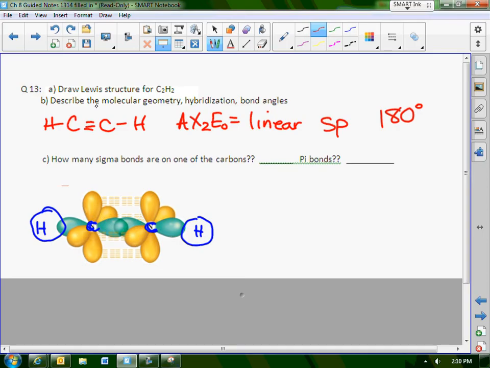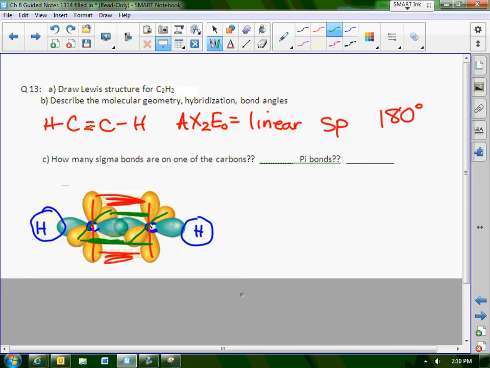And then we have the two pi bonds, and this is one of the pi bonds, and this is the other pi bond. So we've got the sigma bond in the middle, and two pi bonds,